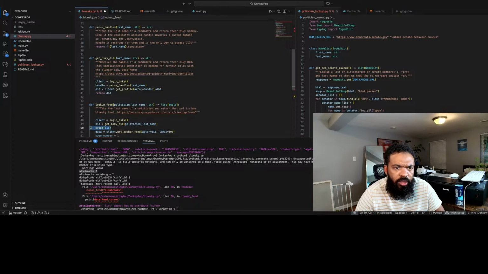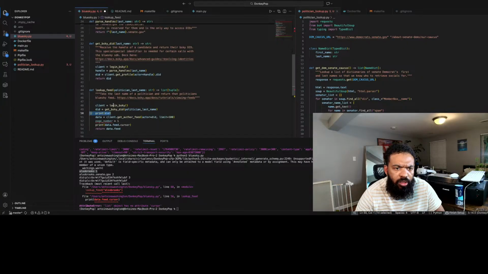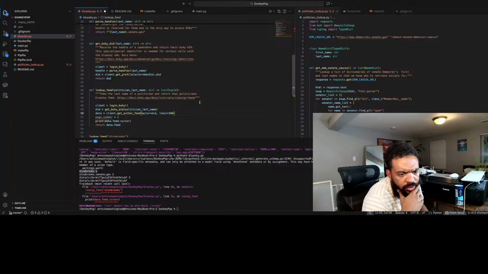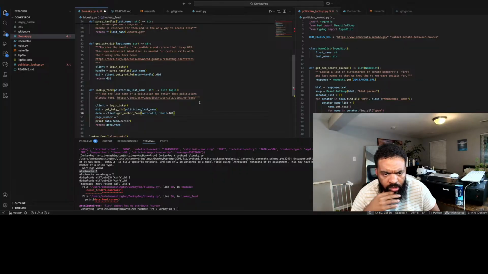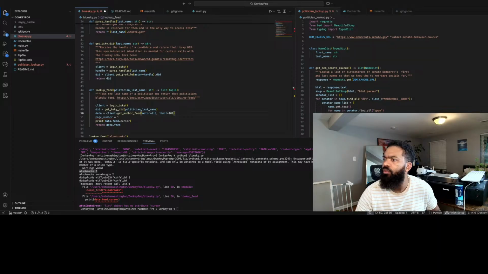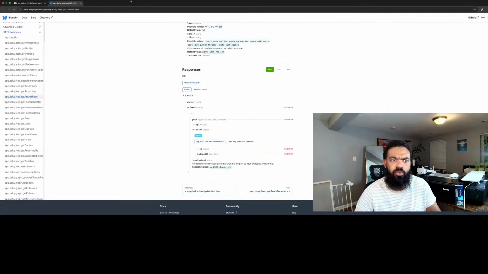Okay, so the DID got called successfully, and then I go to call get author feeds or get author feed. Suddenly that doesn't work. Did I change something?